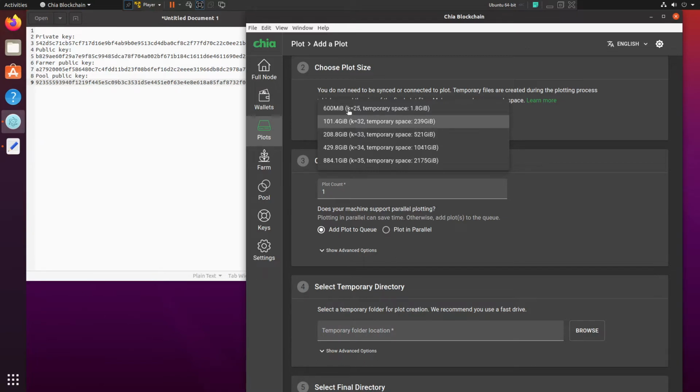So with the first one here, as you see, it's 600 megabytes approximately. It is temporarily needed to have 1.8 gigs free approximately in order for this here to get plotted out and joined together. And it's the same thing here, 101.4, 239 gigabytes needed approximately, and then the more unreasonable ones here are the 208.8 needing 512 gigabytes of space free, 429.8 needing 1041 free, and then 884 needing